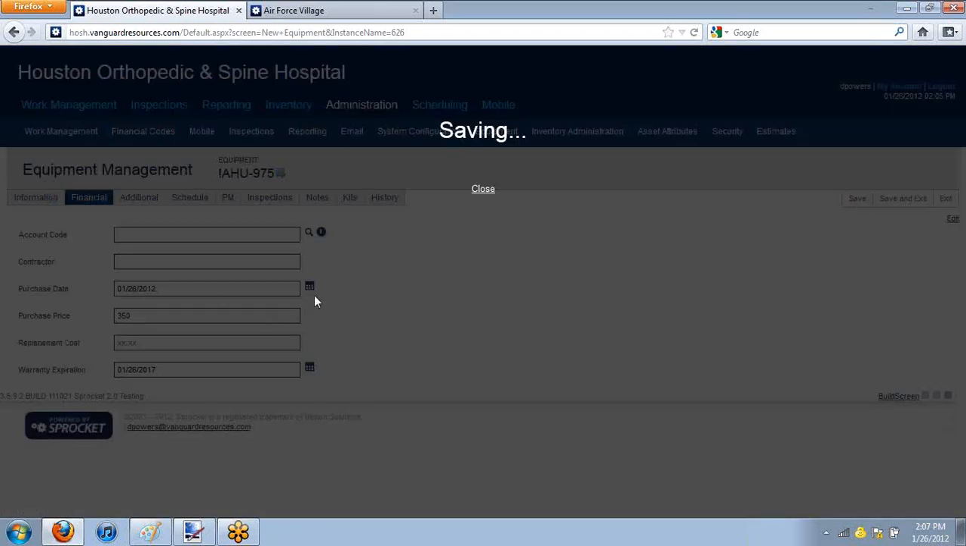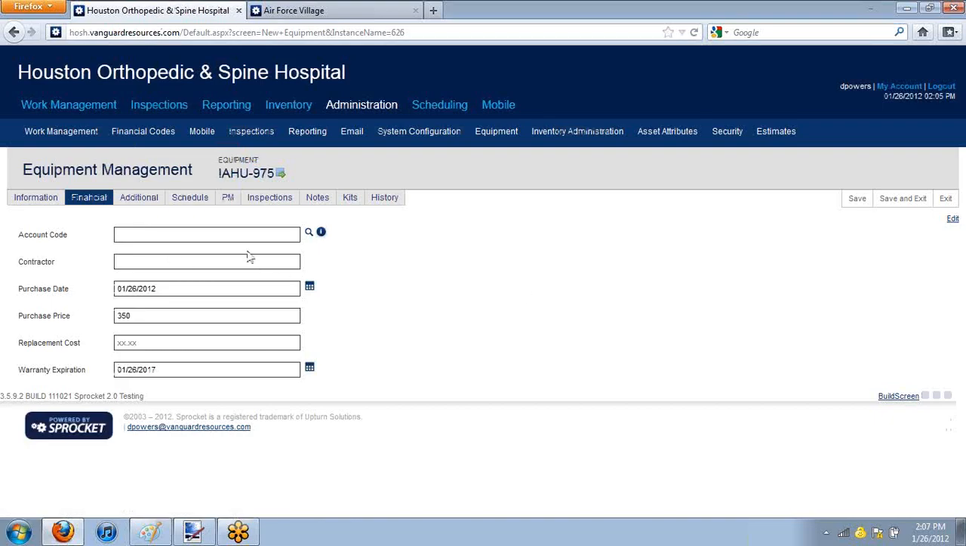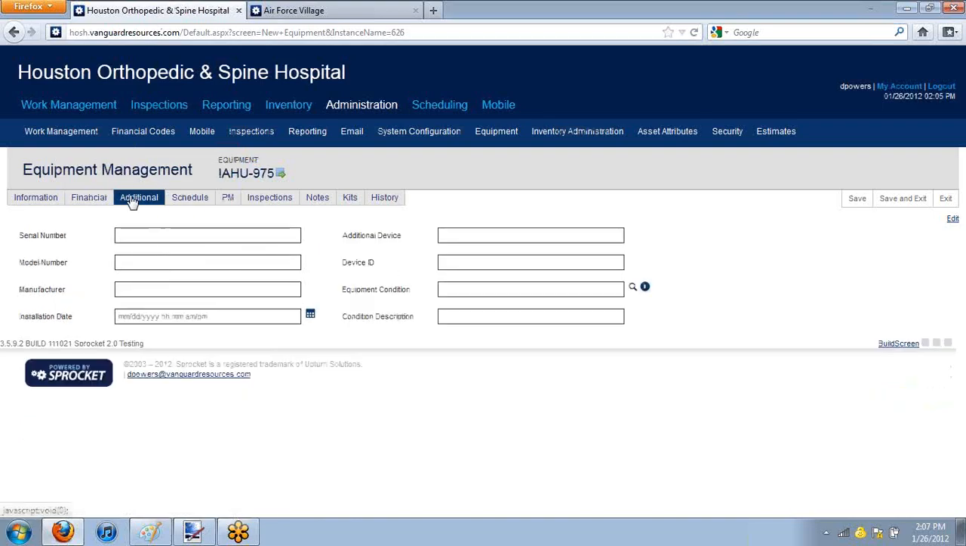I'm going to go ahead and save it. It said not required. I just like to do it. Next thing we're going to go to is additional. Now we're getting into some of the more specific information about that piece of equipment. You'll want to enter the serial number for your equipment and give it a model number if you happen to have the model number. Manufacturer,